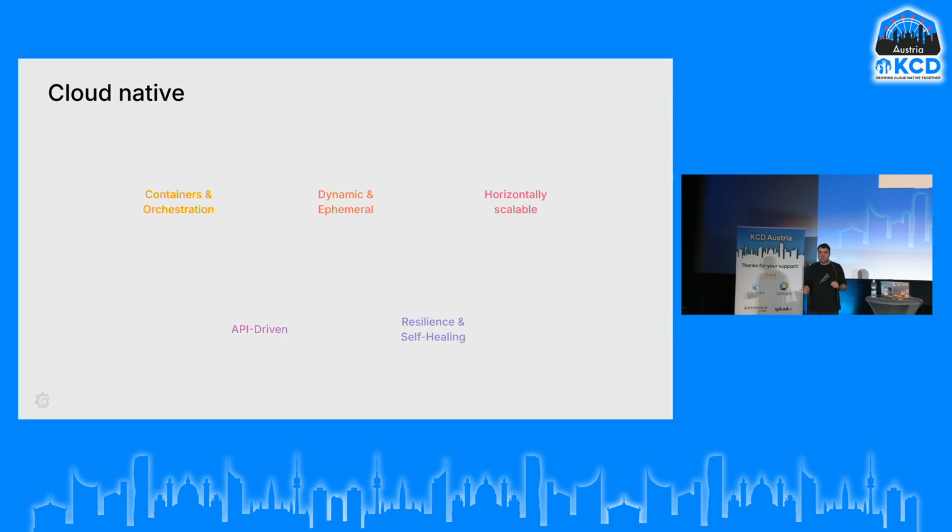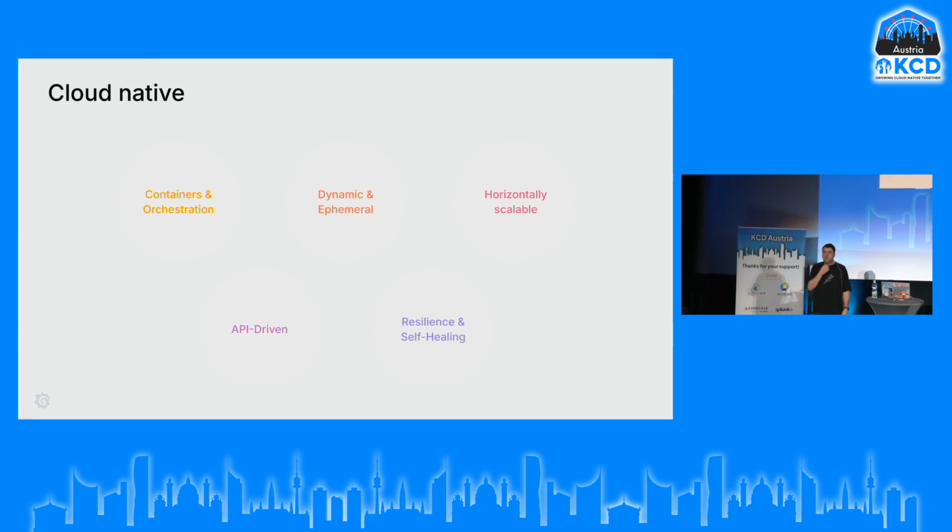So I have different versions of the services, perhaps, or I have a service that must coexist with another service on the same machine. It is all part of the orchestration. Now, not only orchestration is cloud native, so things are dynamic and ephemeral. So perhaps my systems can go from 0 to 100 in a few minutes and then back to 0 again without leaving a trace, so without leaving anything behind it. A cloud native system is designed to be horizontally scalable, meaning that I can have multiple versions of the services running at the same time on different nodes. I can just create a new cluster, just like the first one, and things should horizontally scale nicely.